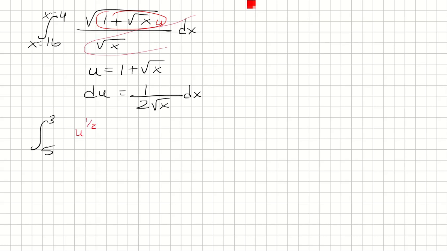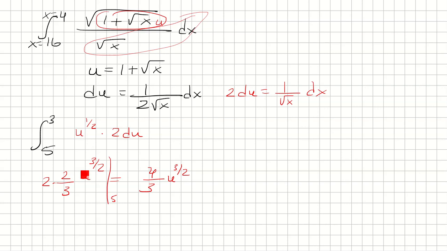And then dx over square root of x, well, if I multiply both sides by 2 here, I do end up getting 1 over square root of x dx. So I have to multiply by 2 du. And now I'm going to integrate. So u to the 1/2 is u to the 3/2 times 2/3, and then multiply that by 2. So that's just 4/3 u to the 3/2, going from 5 to 3,